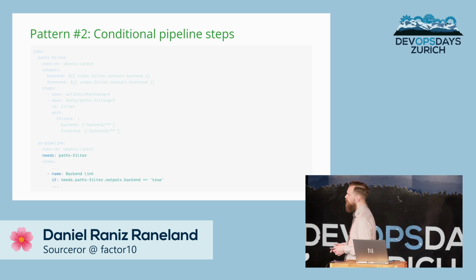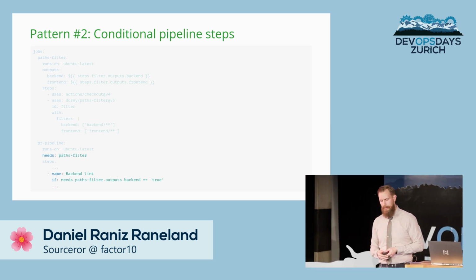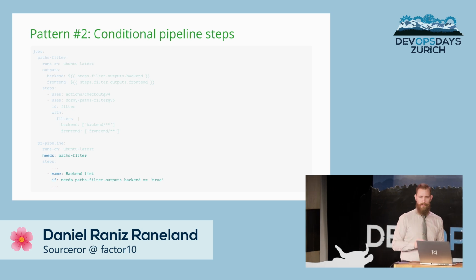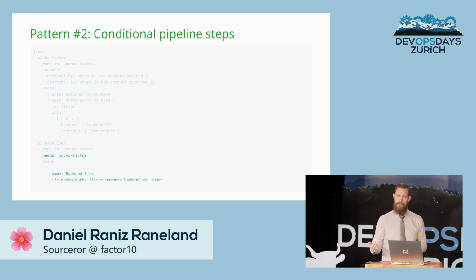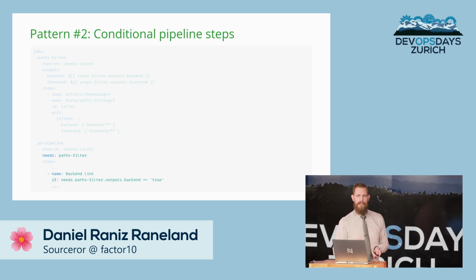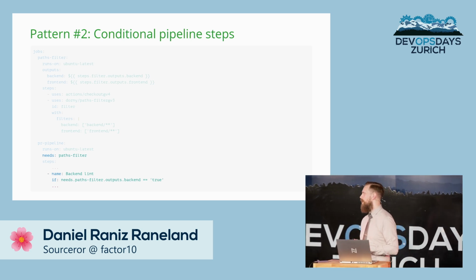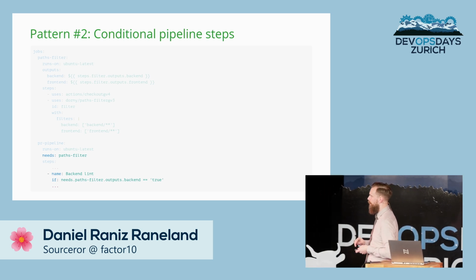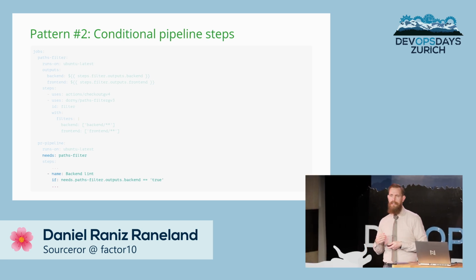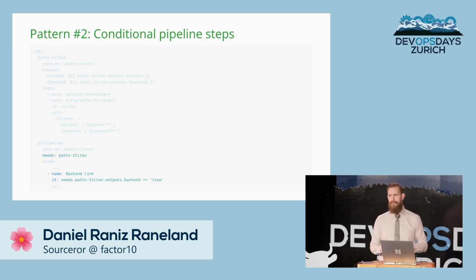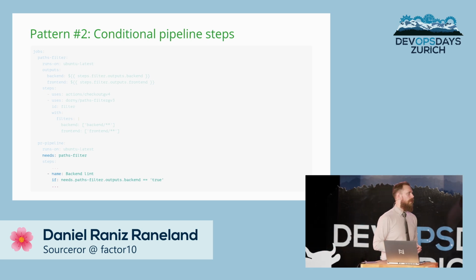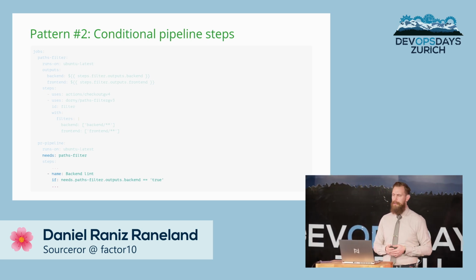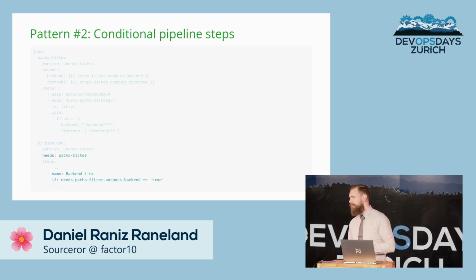So in this case, we say that this job depends on the paths filter, and we use the outputs. So we see the backend lint now only runs if the pre-step determined that the backend has changed. So if no files have changed in the backend folder, this step is ignored. And we can do this not just with files, but with branches. We can see if it's built on the main branch, we do this. If it's a nightly trigger, we don't do all the unit tests and linting, for example. Really powerful, can make you skip a lot of unnecessary tests or steps.